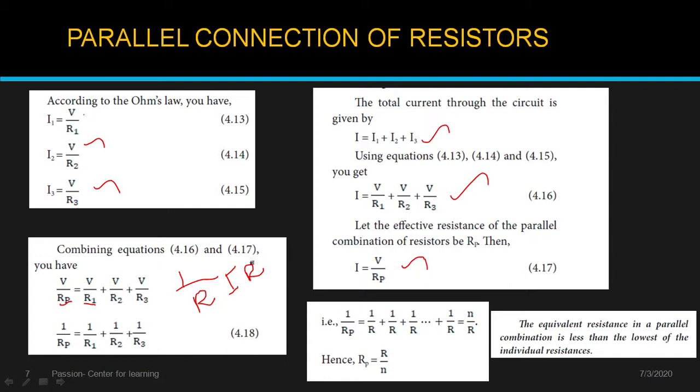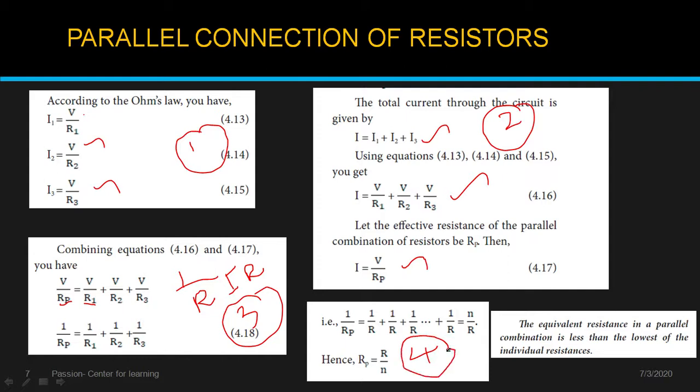You can continue with this. And this is your total current circuit, and the final derivation is 3, and this one is 4. Okay, go to the total current. If you are able to grasp it like this, you can go directly. If you want to go step by step, go with these steps and write. Okay. So now see 1 by Rp is equal to 1 by R plus 1 by R plus, till N by R. So N number of resistances connected in parallel.